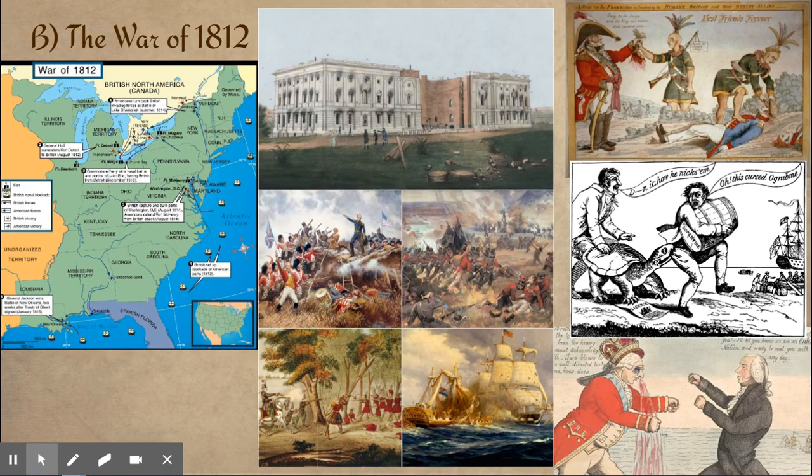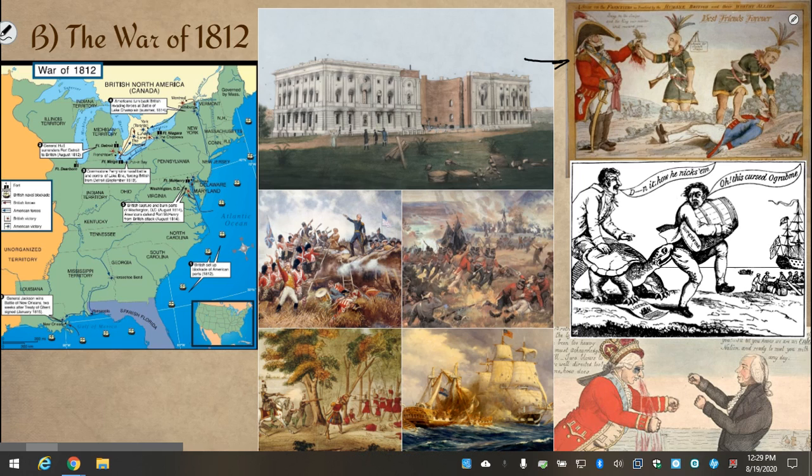Finally, the new United States really came into its own after the War of 1812, which is part of a larger series of wars that we're going to be talking about next unit. But in the War of 1812, England went to war against the United States again, and in this, the Americans were able to both take control of the Ohio River Valley finally, by defeating the Native American tribes there,